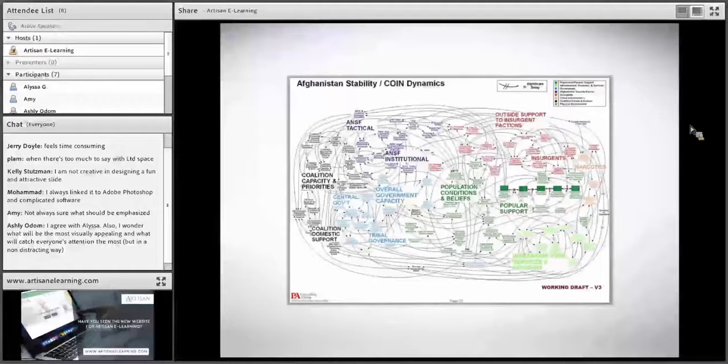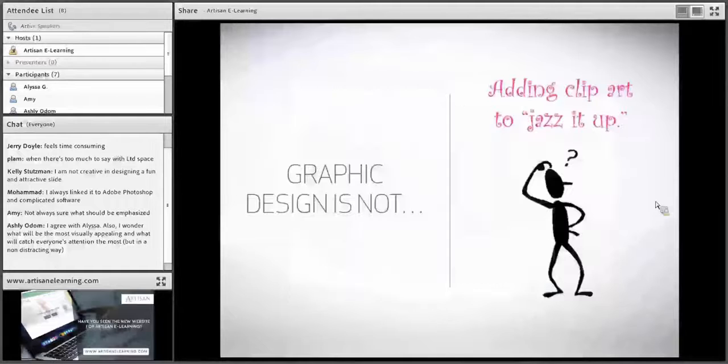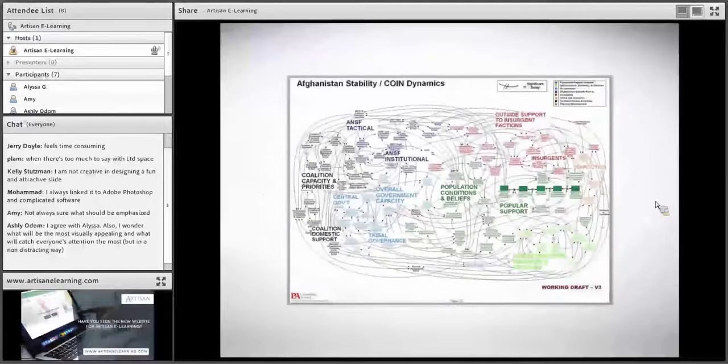Like, where do you even begin looking at this? This is just awful in terms of content. And the funny thing is, if you look down here, it's version 3, their working draft. I love that. And apparently this means significant delays. I just think it's hilarious. It's an awful, awful image. If anything, I will say this though, it does communicate how complicated the war in Afghanistan is for